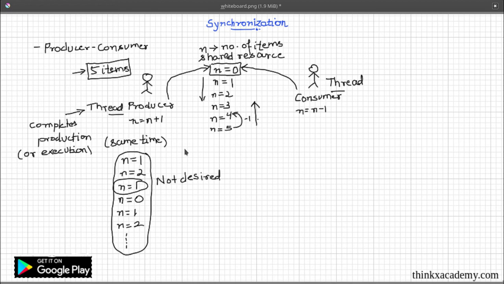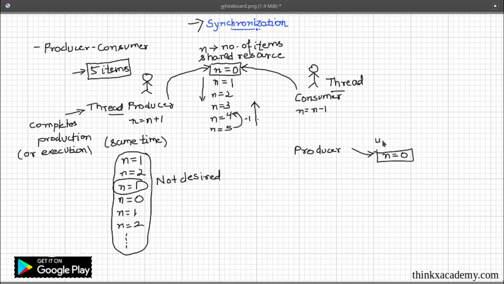Now if you want a thread to access a shared resource and change its value, and while it is doing that you want all the other threads in your program to not access this resource, you have to introduce synchronization. So let's see what we actually want to achieve. We want the thread producer to access the shared resource n equals to 0,